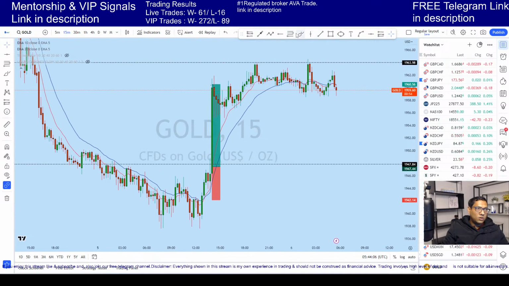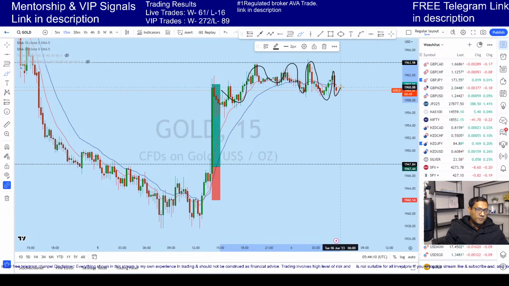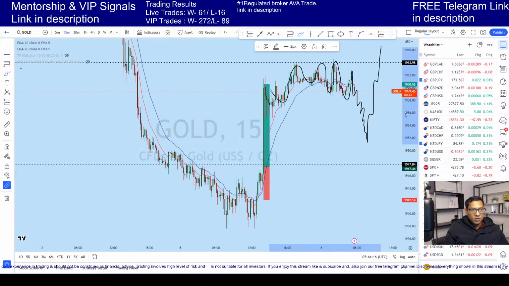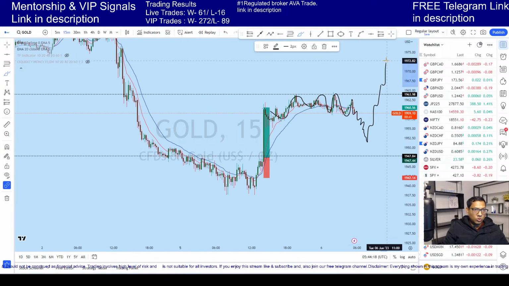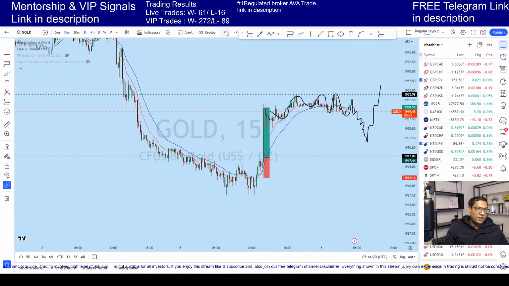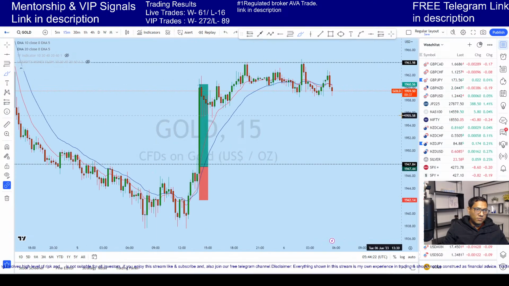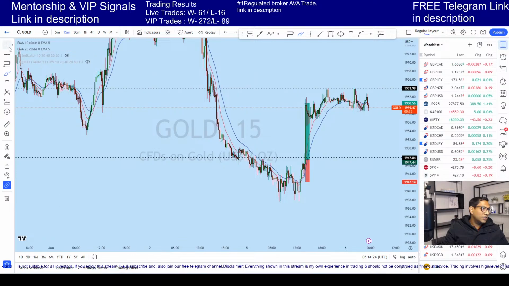Now afterwards we saw the market didn't move much, consolidating along this area, and I think that with that consolidation we could see this kind of drop, and then we can expect gold to move to the upside to the resistance that we are looking at, to test this level.